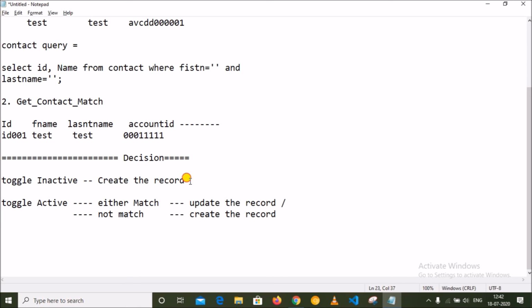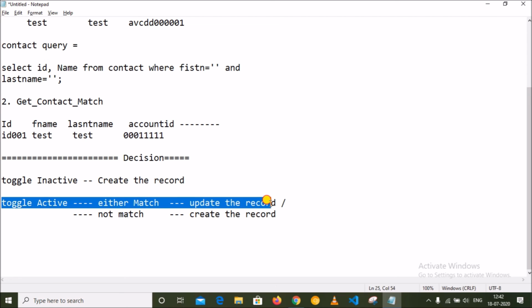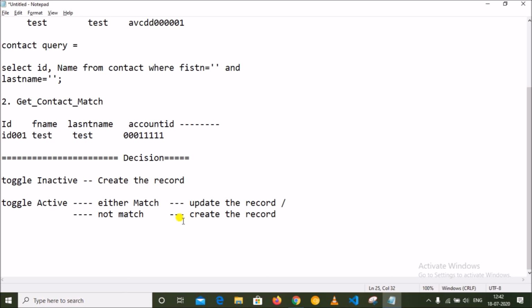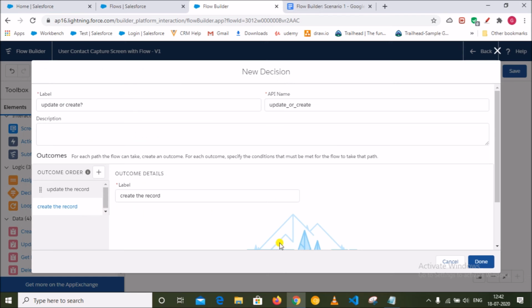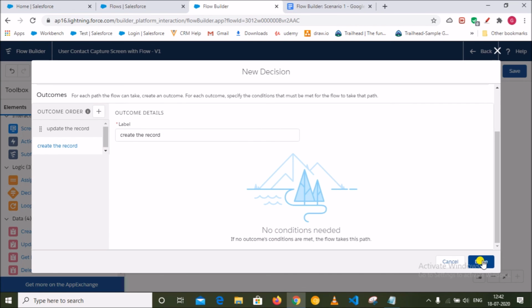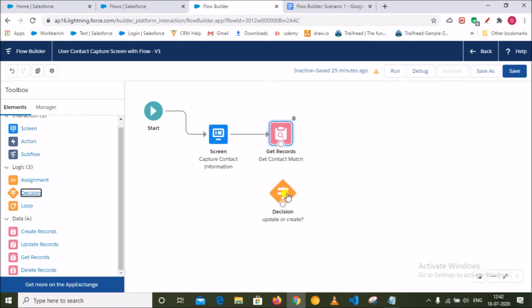So if the toggle is inactive, the record will be created, or if this condition is not satisfied, that means the toggle is active but it is not matching with the Salesforce database, in that scenario also we will create the record. So I make it the default outcome. Okay, so let's do this. Just drag and drop from here to here.